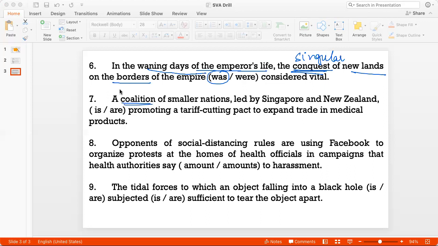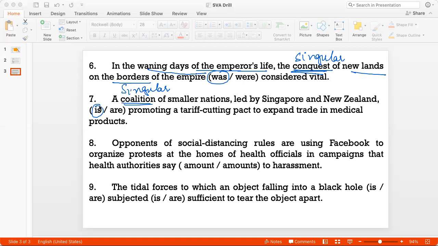And collective nouns would take the singular verb. Since coalition is a singular collective noun, it would take the singular verb. And so the right answer is... Okay. Number 8. Opponents of social distancing rules are using Facebook to organize protests at the homes of health officials